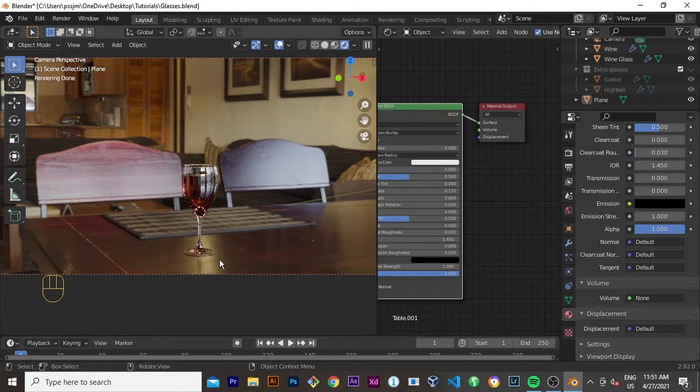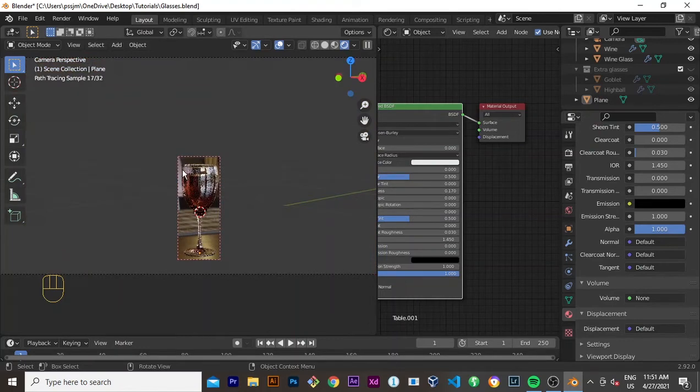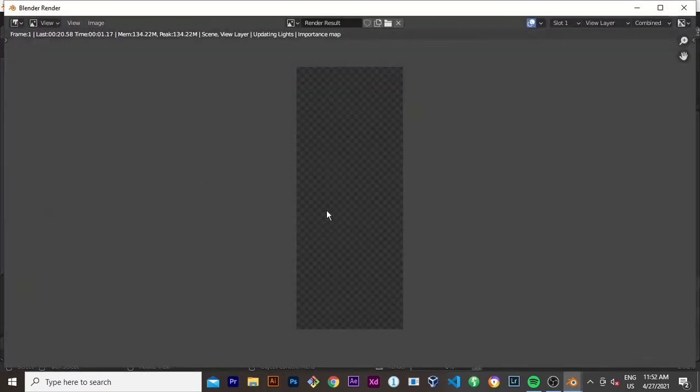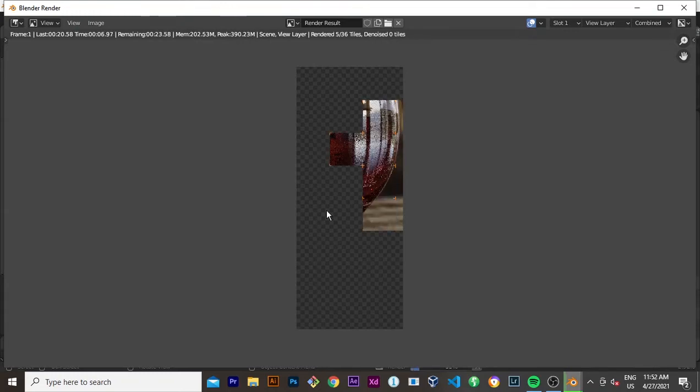But when I render this, Control B, let me just select the glass and render just this part here, F12. So I'm just rendering the wine, because I don't know why I'm seeing the other glasses that I switch off the layers. And